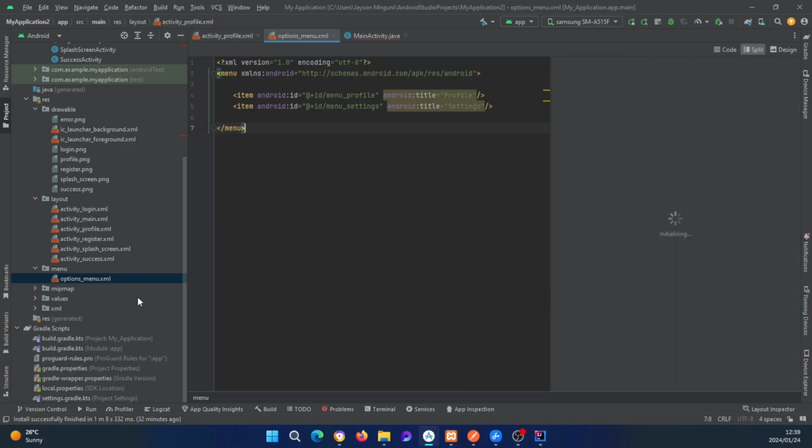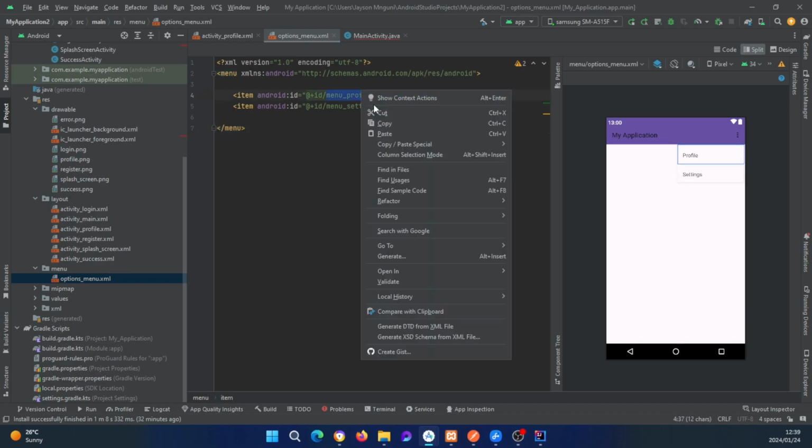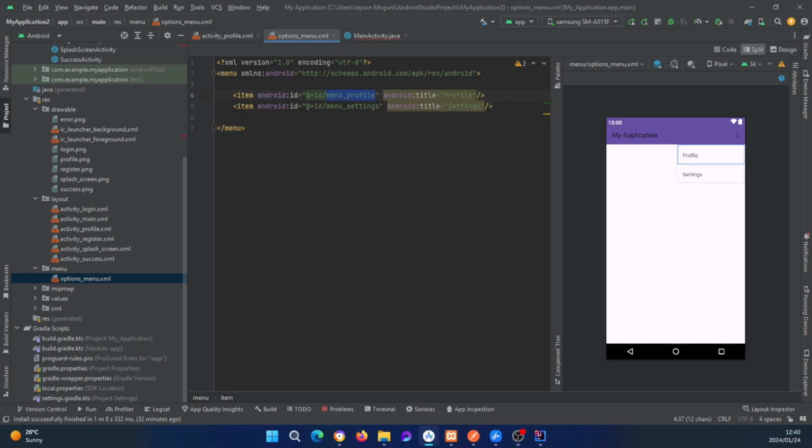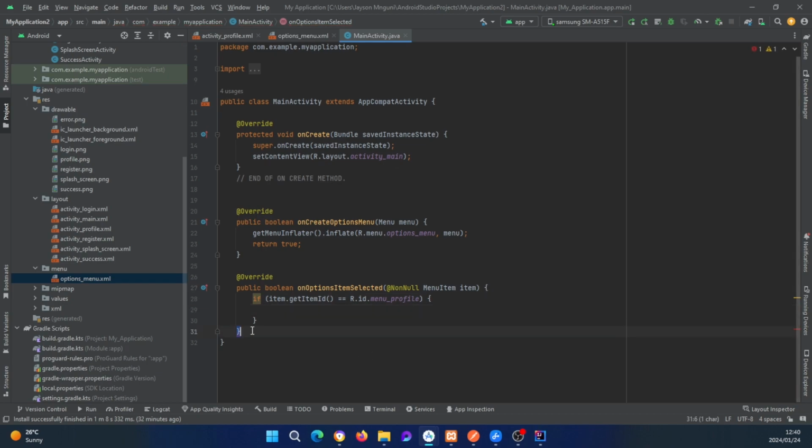Let me just check again. Oh, this was the ID that we set up, but for some reason it's not picking it up. Okay, so like I said, the switch statement the last time I was working with it didn't want to work for some reason, so let's just replace it with the switch. Okay, now it picks it up. Alright, so here we have to send the user to the profile page, right? But firstly we need to return